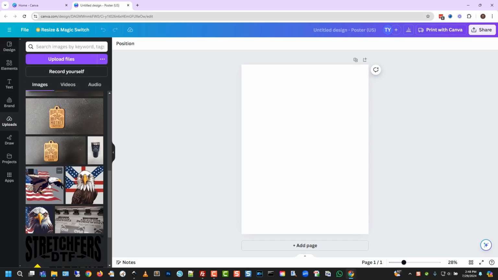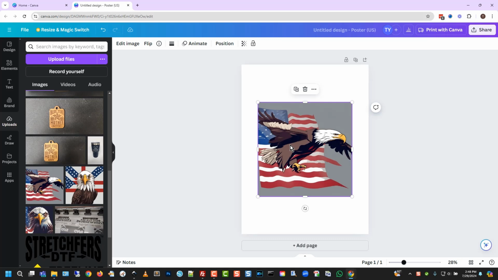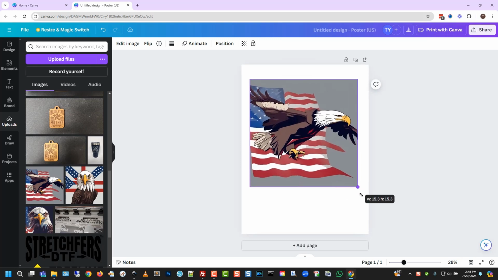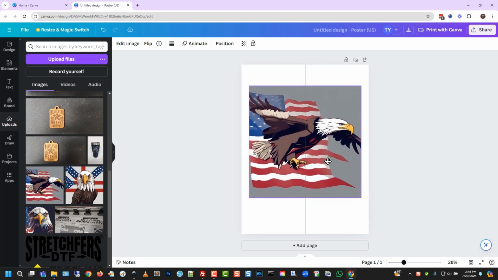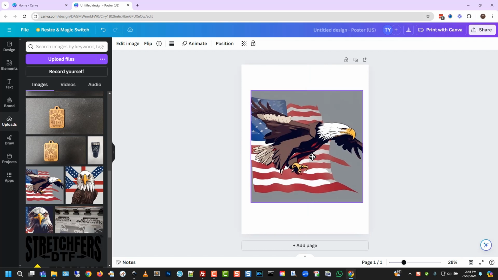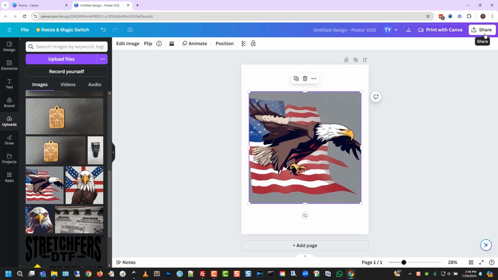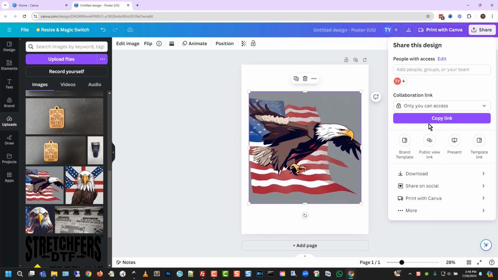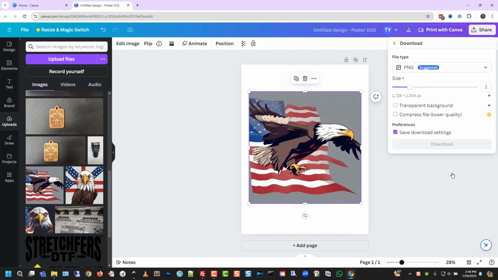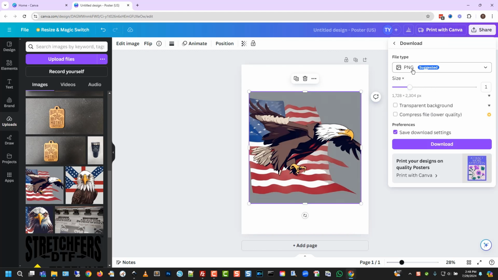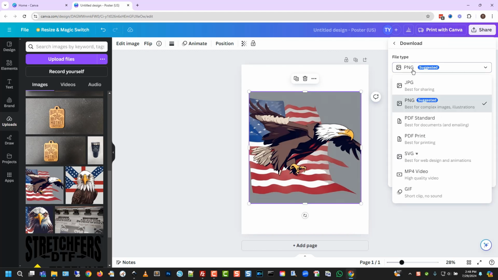See if we drop a graphic in here and make it as large as you can on this format. And when you export your file and you download it, when you click share, you're going to go to download. You're going to put it on PNG file. You don't want to do SVG file here because this would be just a bitmap graphic inside of an SVG file. It's not really scalable. So we want a PNG file,